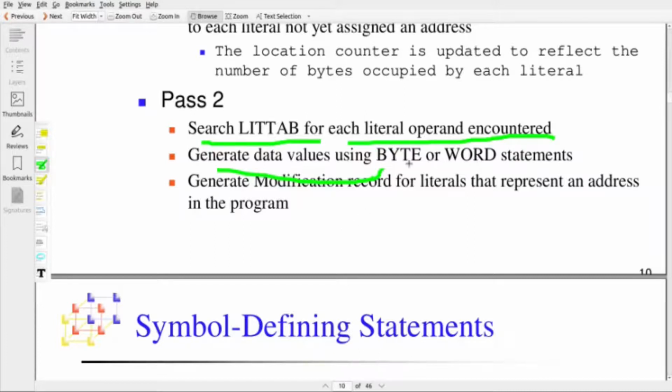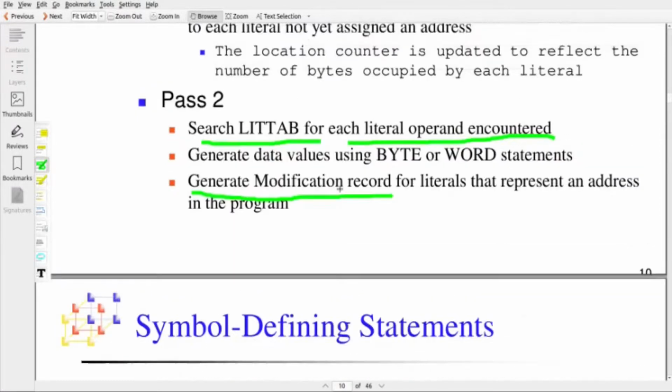Then we can convert it into binary machine code. Suppose it refers to a memory address, then a modification record also needs to be created for dealing with those literals.